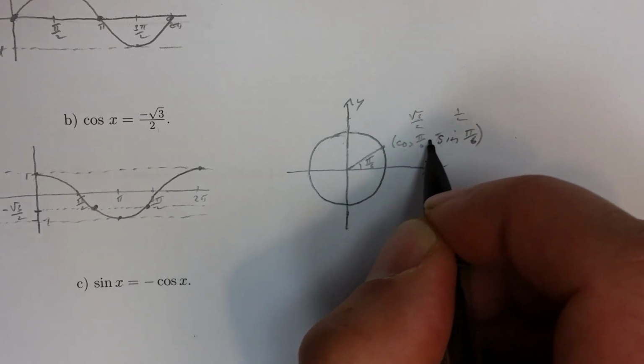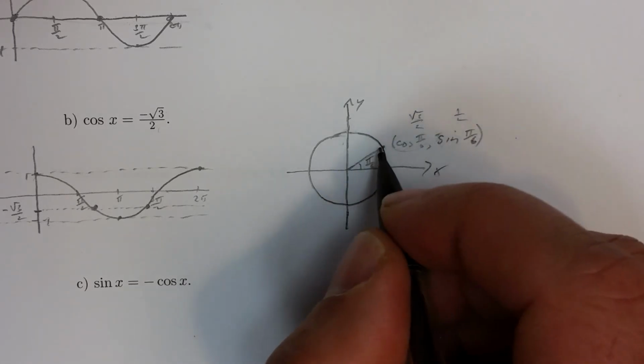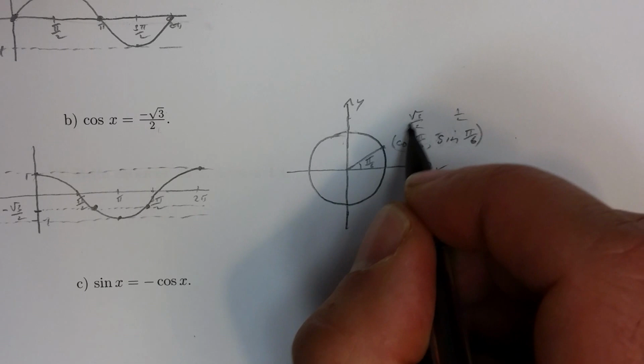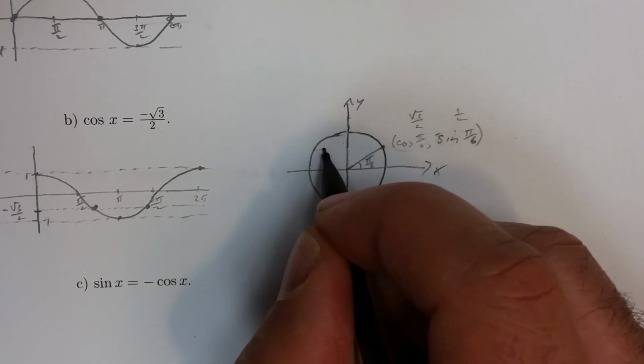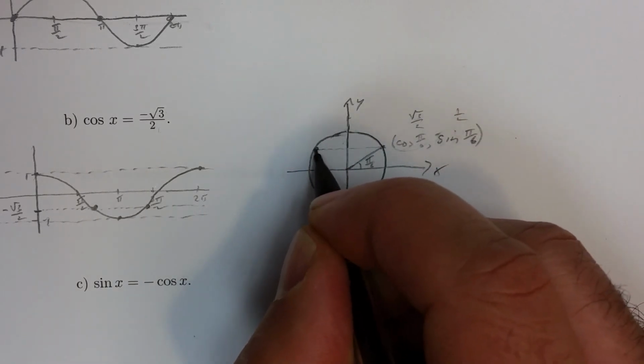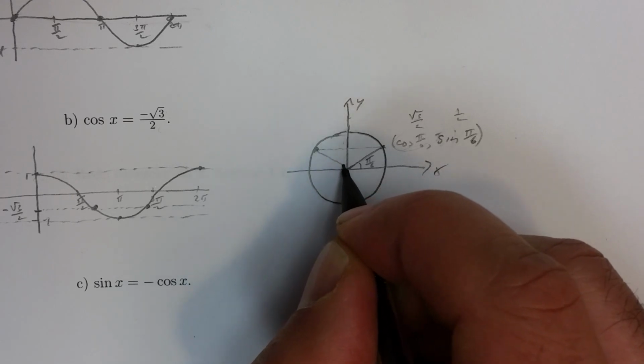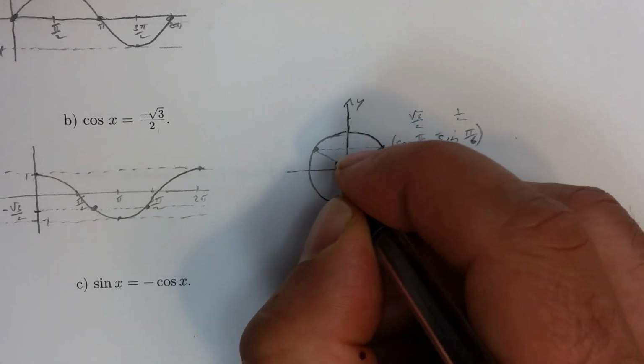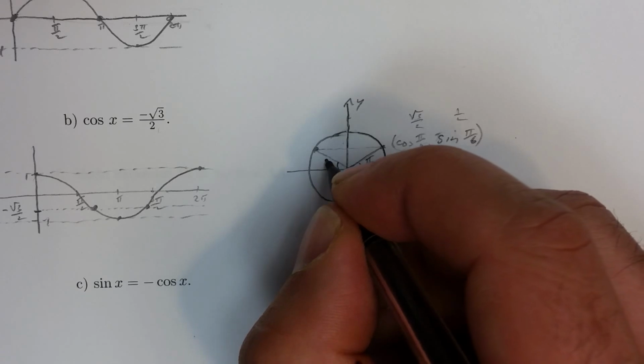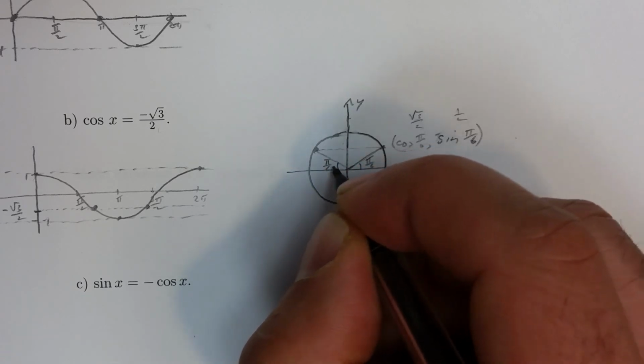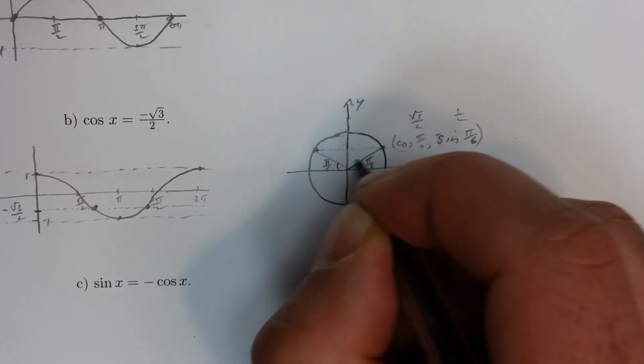So this is the x-coordinate, this is the y-coordinate. So we want minus root 3 over 2, that's way over here, that's with the opposite x-coordinate. So let's see, that makes that pi over 6, and if that's